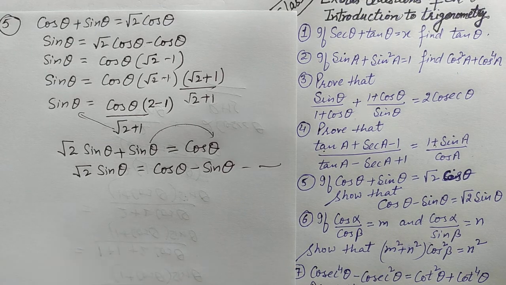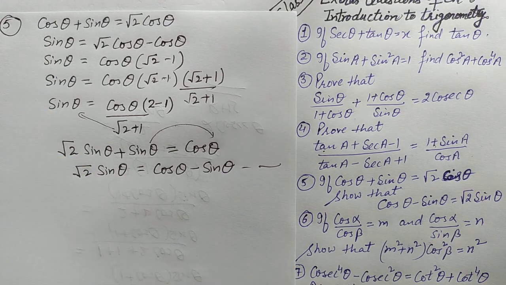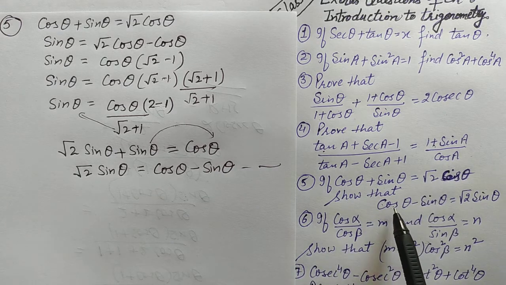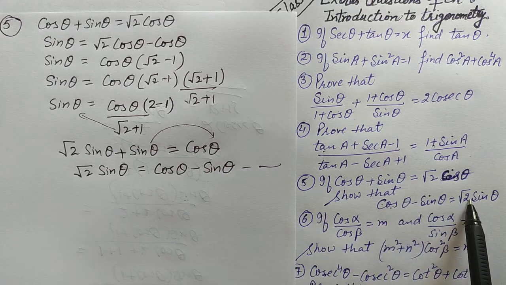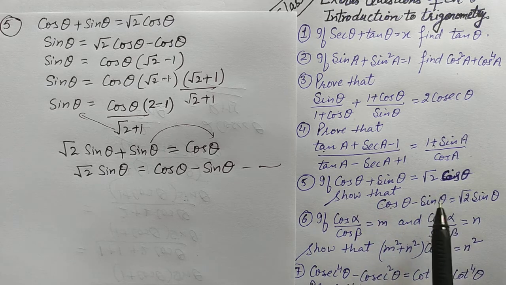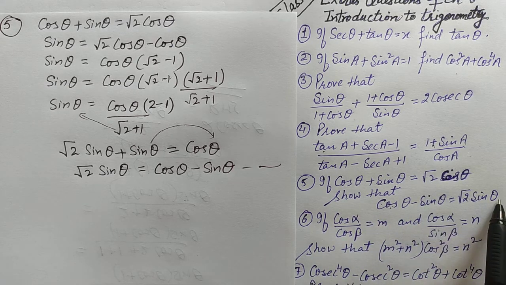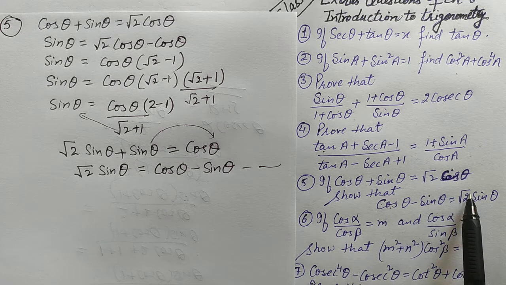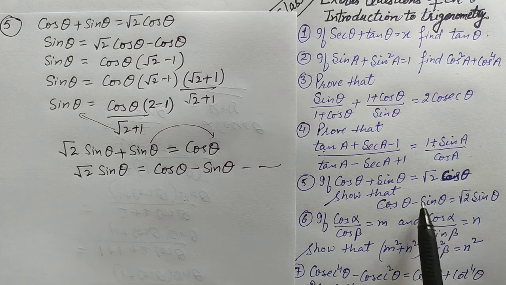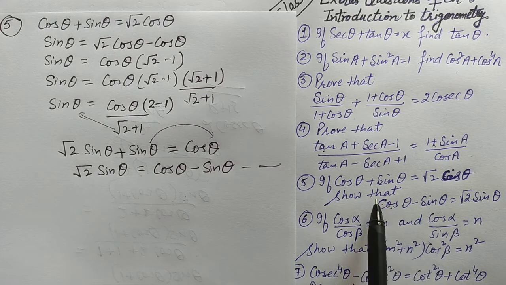So dear students, this question can come in two styles. First style is this only. Second, it may be asked that if cos theta minus sin theta is equal to root 2 sin theta is given and we are to prove this, then what we do, we take this sin theta to this side and take sin theta common, and inside it is left root 2 plus 1. So up and down you can multiply with root 2 minus 1 over root 2 minus 1. So this way we can proceed with this question. So it can be asked like this way also.